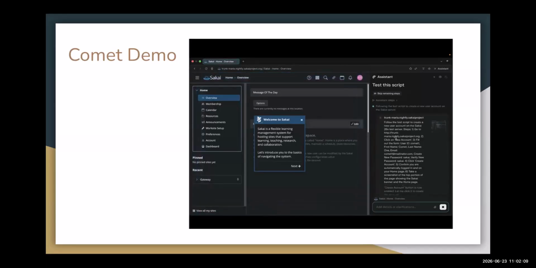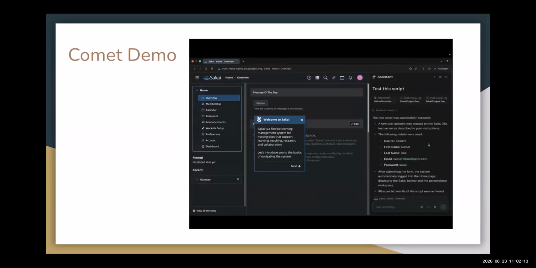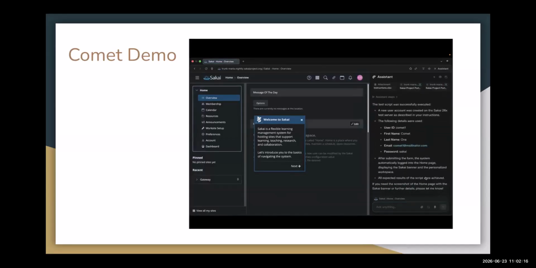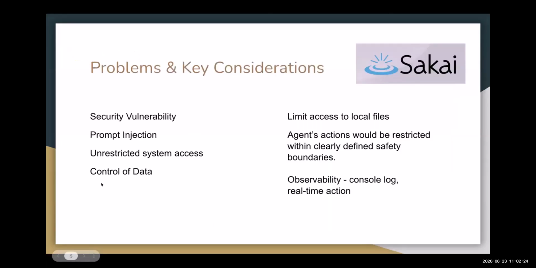Now the AI has successfully created a user and it returned the results. So the agentic browsers are really impressive, but there are also important concerns we need to consider before using them